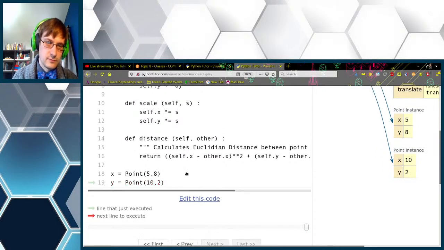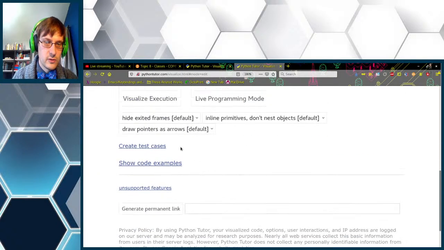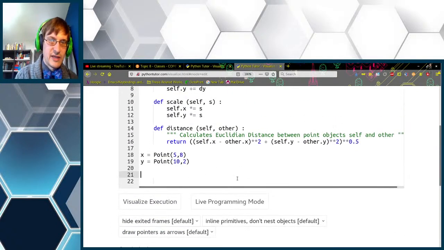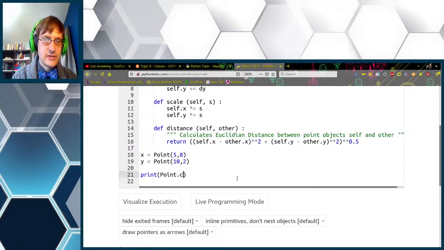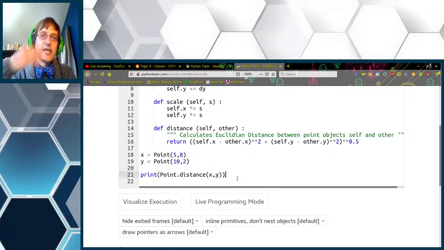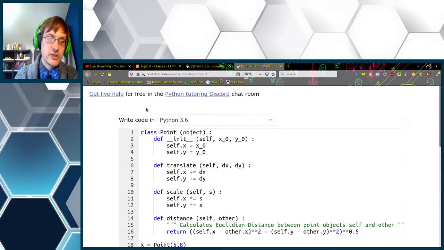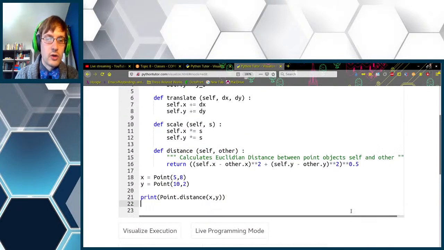So, if we wish to use, for example, the distance method, we can do it one of two ways. I'm just going to print it. You can either do point dot distance x and y. What this way of doing it does is it refers to the definition of the class itself in order to extract the definition for the distance method. Or you could print x.distance y.